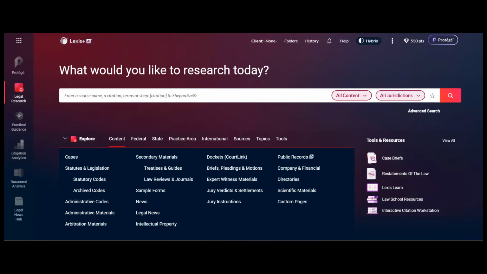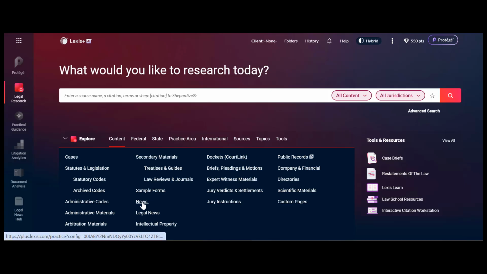Next, we'll learn how to use news or legal news searches on a challenged piece of legislation. Researching a potential topic in news or legal news publications is an excellent way to find information on a piece of legislation that's being challenged in the courts. Your topic could explore the legislation, how the courts have interpreted it, and the impact of the dispute. Under Explore in the tab Content, you'll choose either news or legal news.